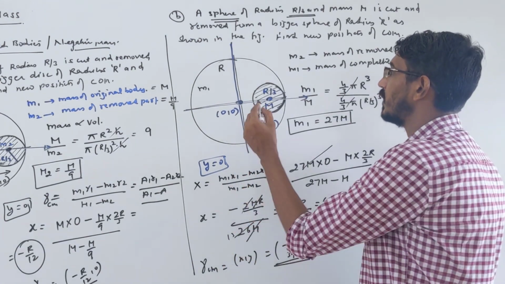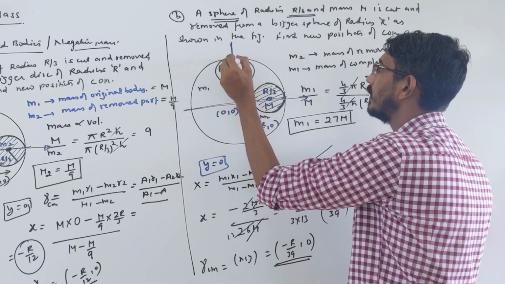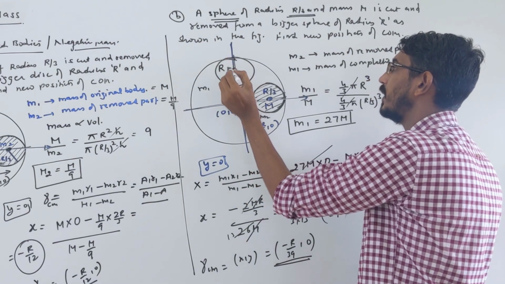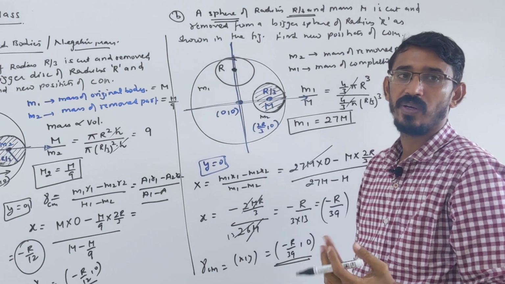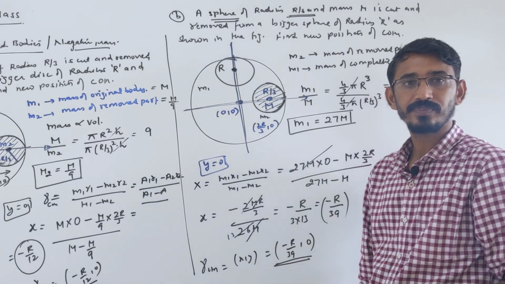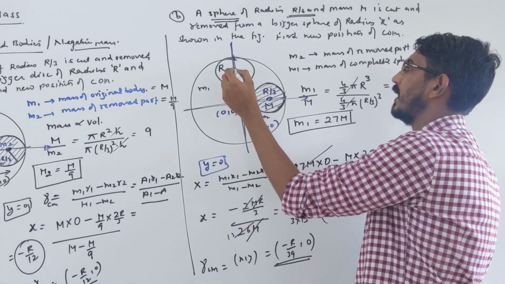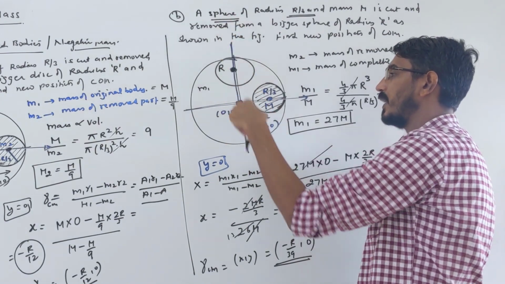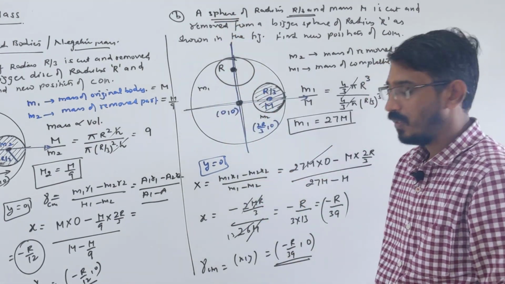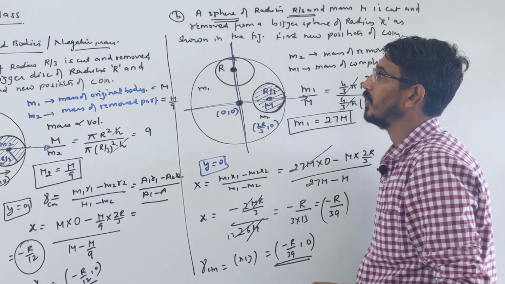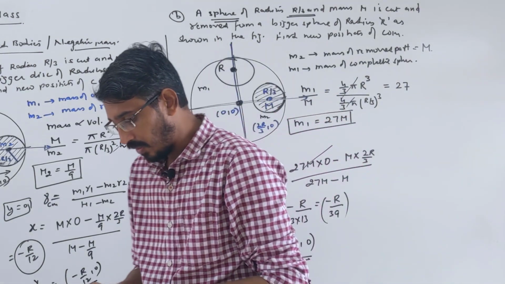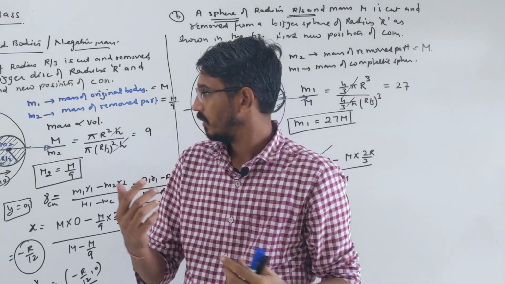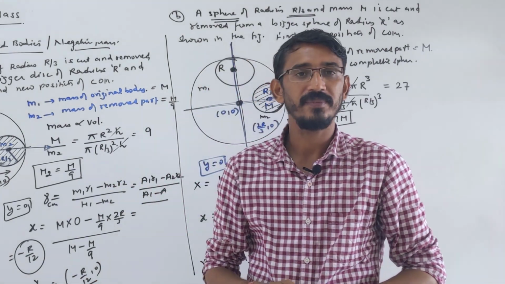Suppose you cut this disc from this side here. Now the x coordinate will not change, only the y coordinate changes. You have to calculate only y, same procedure, right? In this case this center of mass will be here, that center of mass will be here. Both are on the y side, so x will not change, only y will change. So this is like a part of the body is cut and removed. We will do one or two more problems. This is important a little bit.